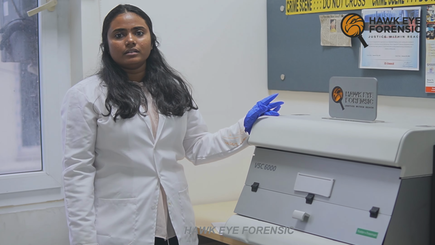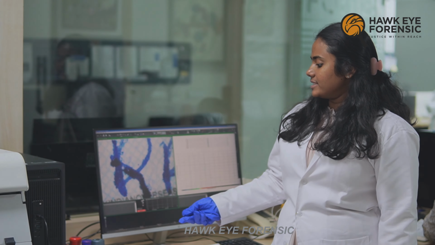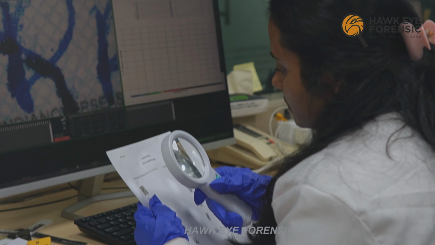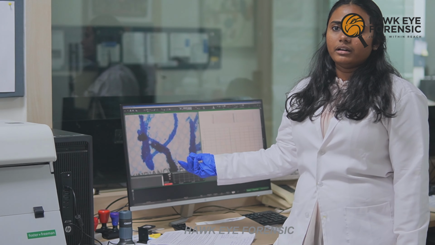To achieve accurate results, the forensic examiner uses a wide variety of tools and instruments for the examination. Like the VSC, Video Spectral Comparator, which uses different kinds of filters and different light sources for the examination of ink, alteration, obliteration, and signature verification. The other tools that we use include the linen tester, and similarly a microscope to identify the minute details and characteristics of the documents, similarly the fibers of the documents.